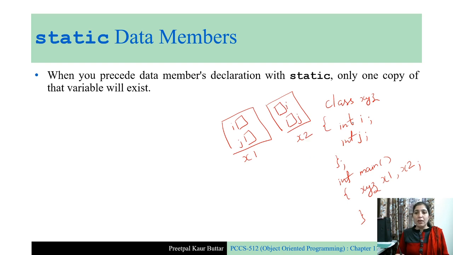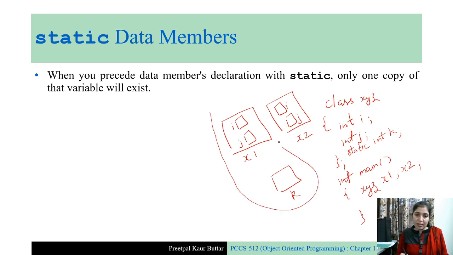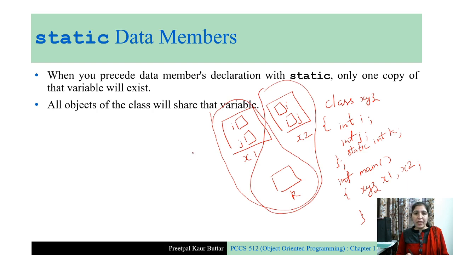But when a data member is declared as static, suppose there is a data member static int k, then only one copy of that variable will exist. Only one copy of k will exist, and both these objects will share this copy. All objects of a class will share that variable.